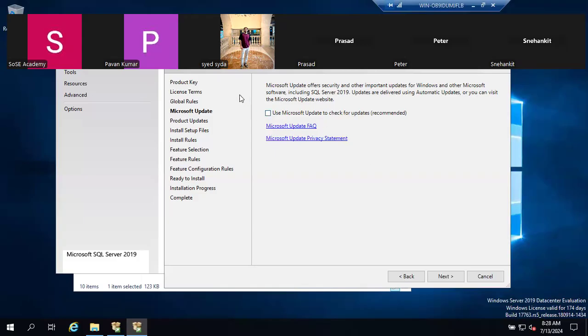So this is your Microsoft update, guys. No need to do anything. No action required on this page. Why? Because it will try to install with updates, but it needs an internet connection. In the organization, servers will not have any internet connection. Again, I am repeating my words. In the organization, servers will not have any internet connection due to